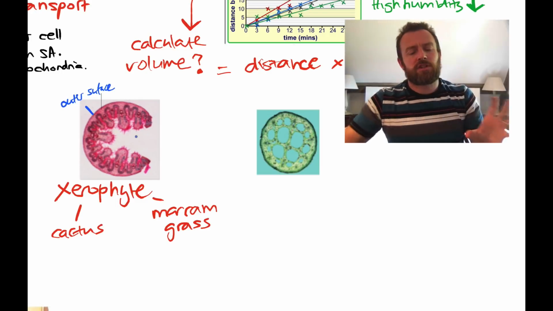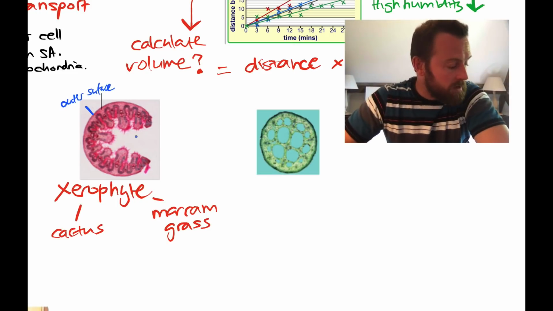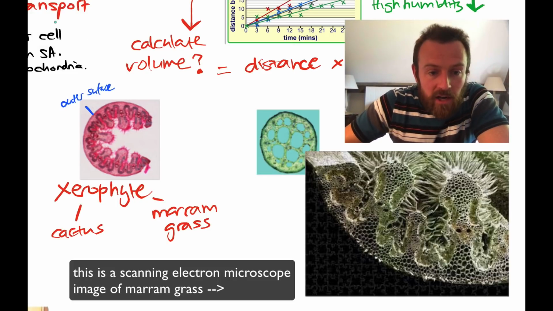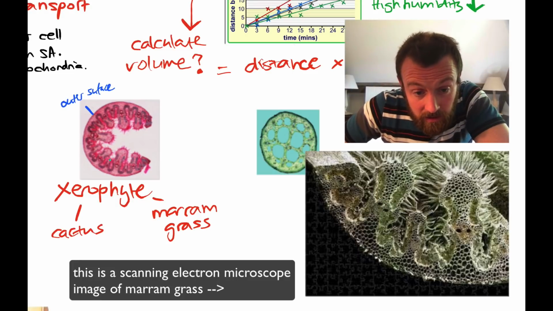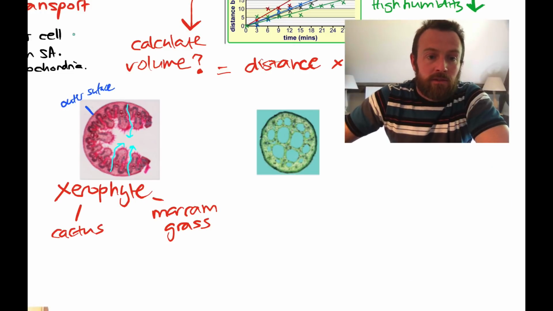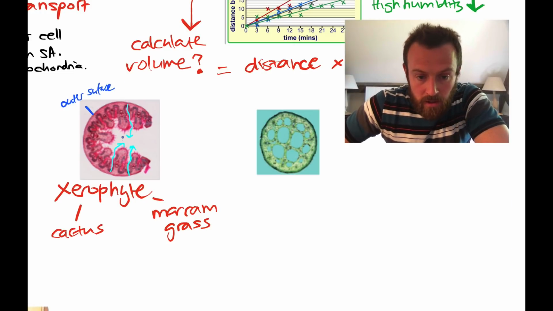So the inner surface is all curled round, and this means that any water vapor that is coming out of the stomata, and the stomata are actually way down in these sunken pits here. Okay, so the stomata are way down in there. So water vapor has a long way to go to get out of the leaf. And the water vapor, I'm going to change to a slightly darker blue, so we can picture water molecules knocking around here as water vapor. So they get